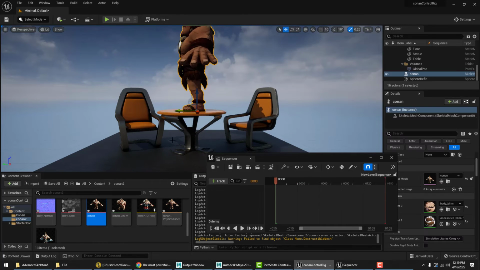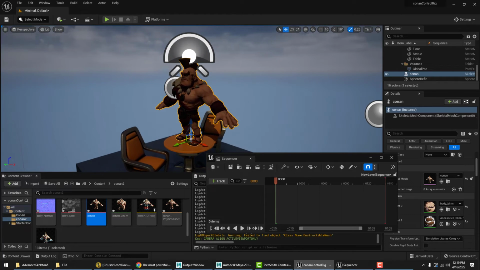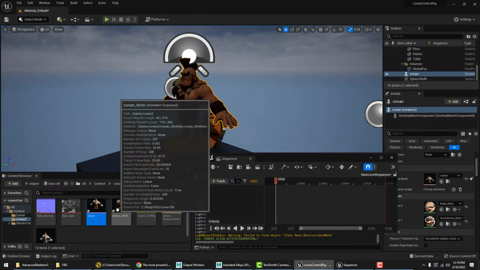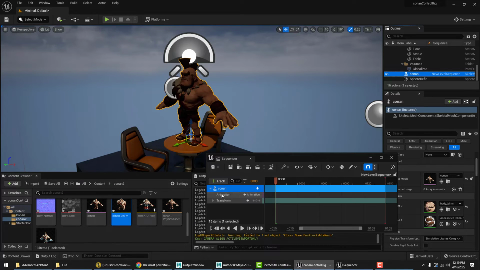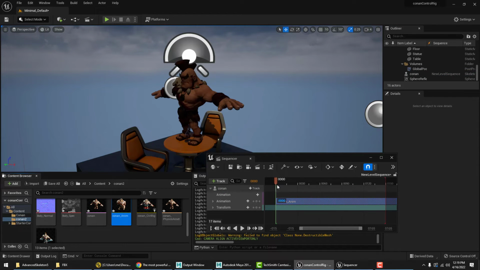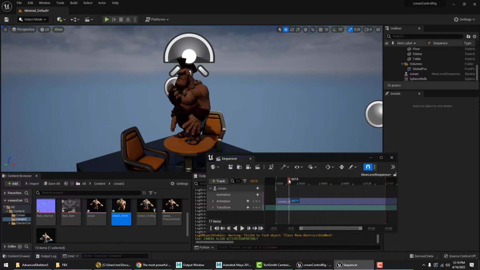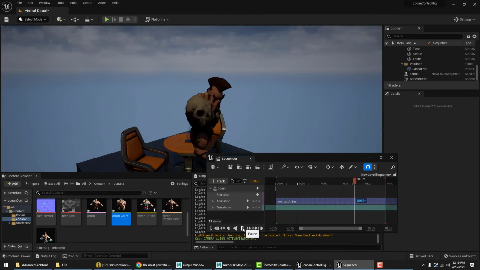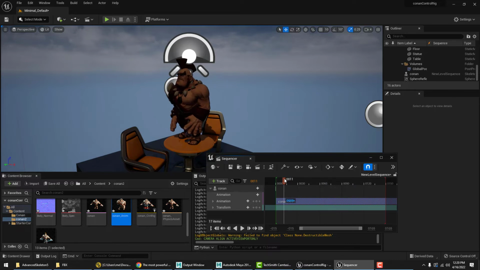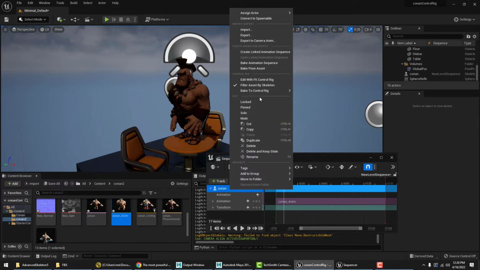Maybe he should be dancing on the table. And with the animation clip, we want to drag the character in here as a track. We'll drag in the animation clip, and we can test that by hitting the play button in the sequencer. We got Conan dancing on the table, and then we want to right click on Conan here and say bake